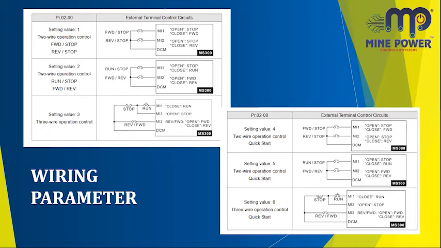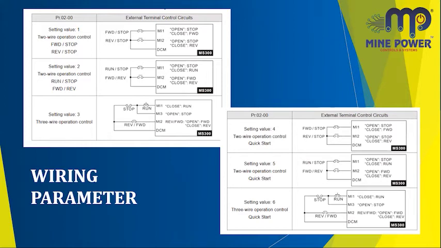When you press the run command, it closes the push button and runs the entire motor. When you press stop, it stops the entire motor. But in the process, we can also use the forward and reverse pressing. When it opens, it is in forward. When it closes, it is in reverse.